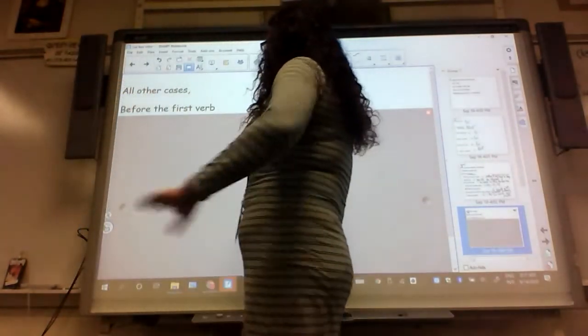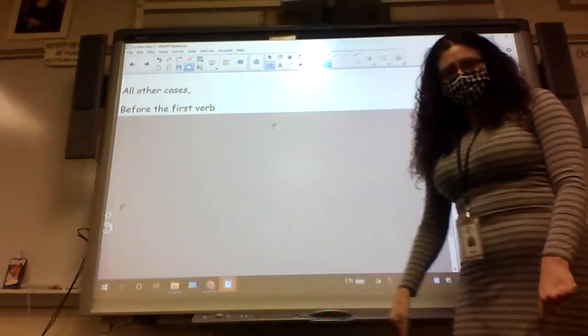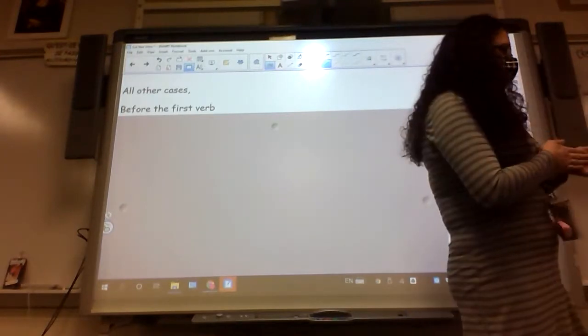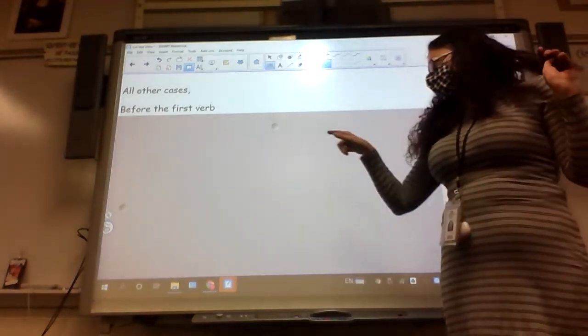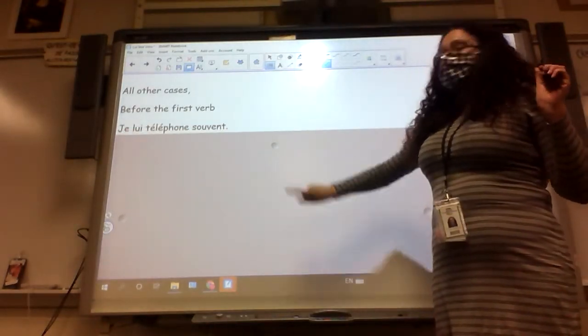All other cases. Now you're going to write down next to all other cases: before the first verb. So with our first commands, it's going to go after the verb. With infinitive, your pronoun's going to go before the infinitive. In all other cases, it's going to go before the first verb. For example,